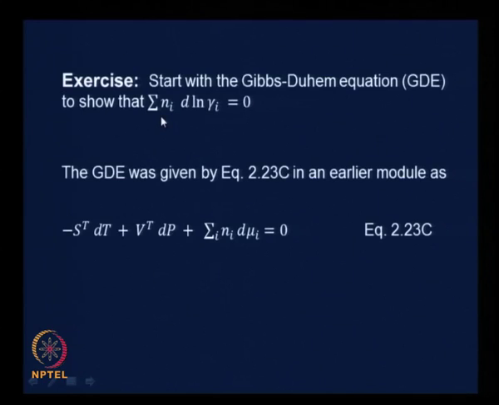Welcome. We are in the middle of this exercise now, which we said would take some time to derive, and to make it effective we are deriving it together. The exercise that we began in the last class was, starting with the Gibbs-Duhem equation, show that summation over Ni d ln gamma I equals 0,